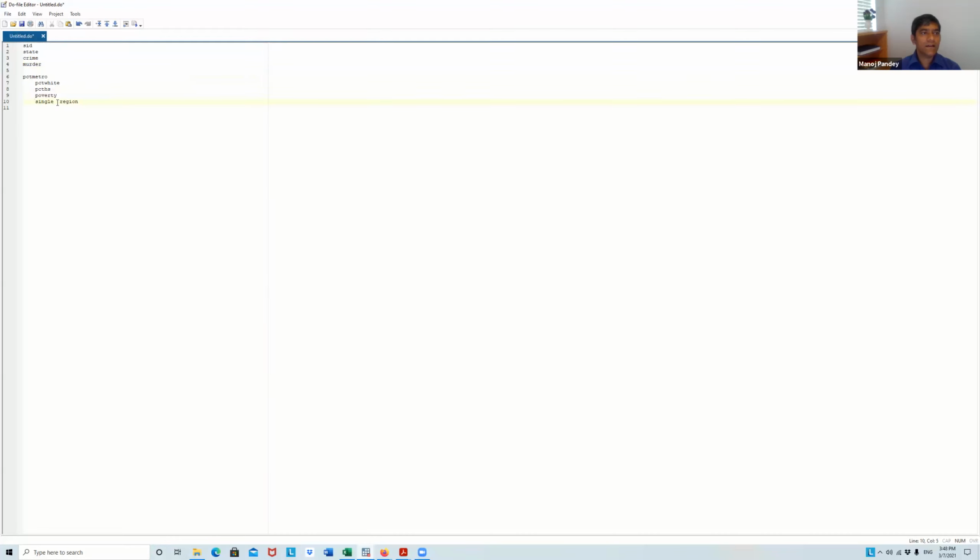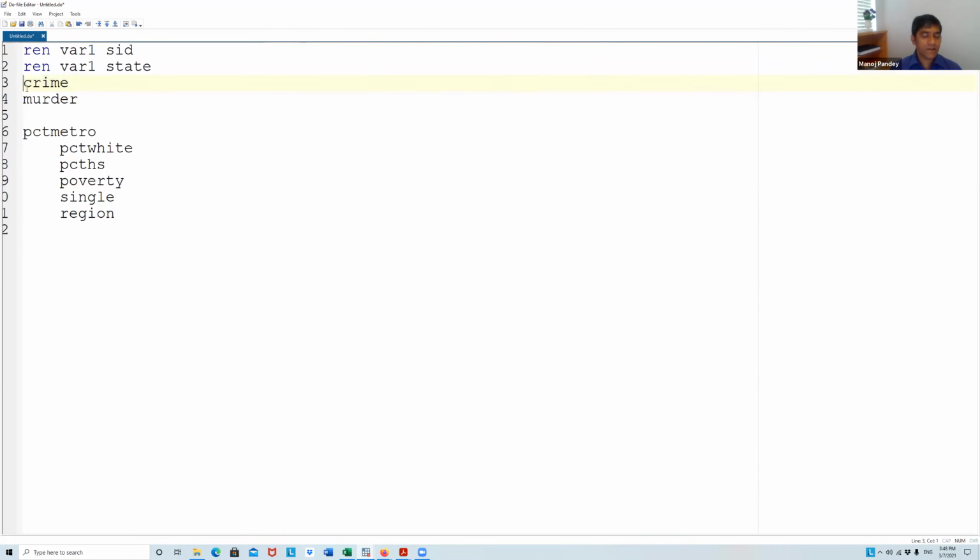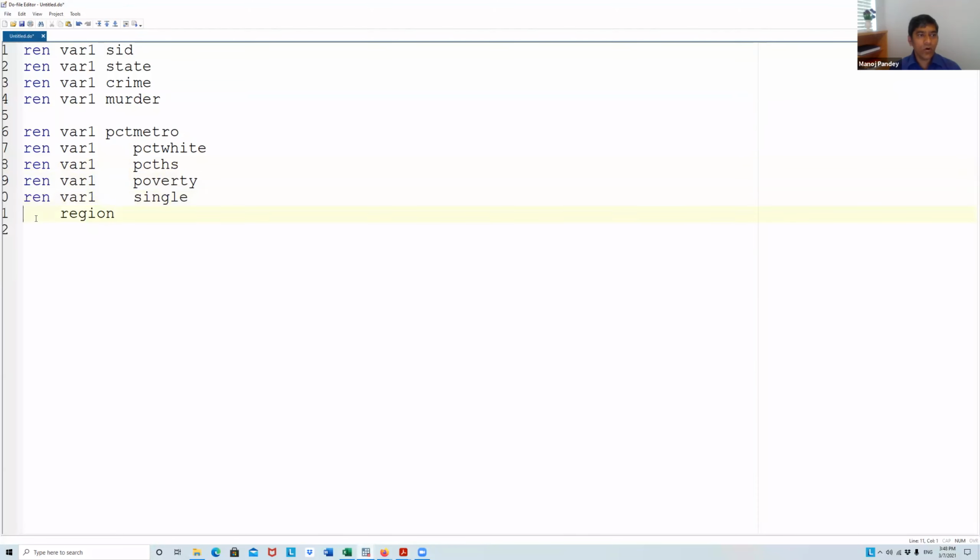Basically, okay. And then I have var1, which was not there, which we already did. See what I'm doing. I'm actually writing a program to change the name of all the variables.